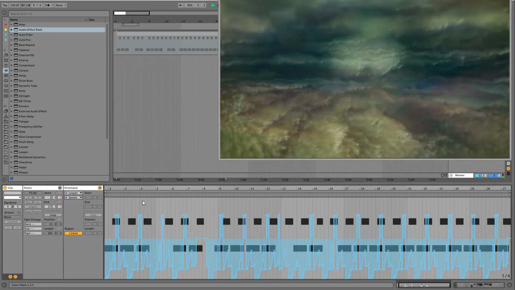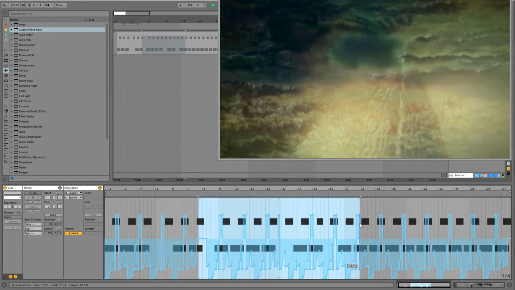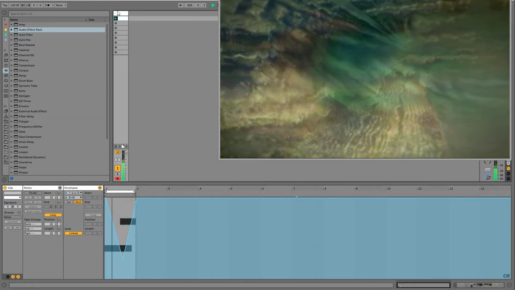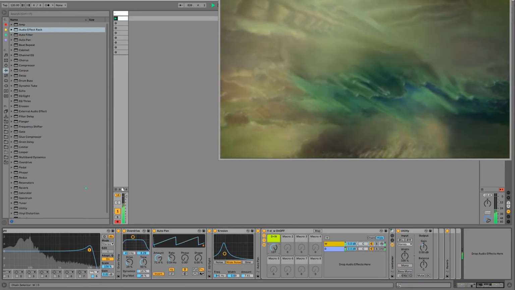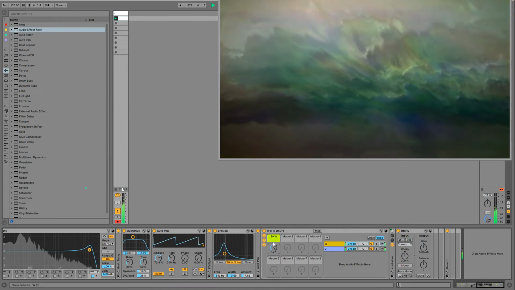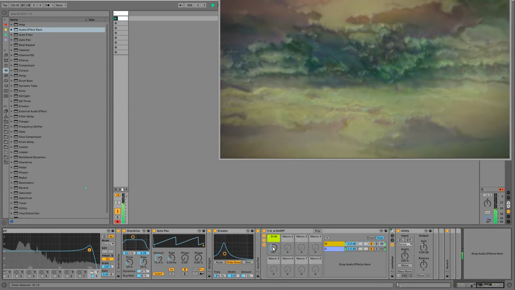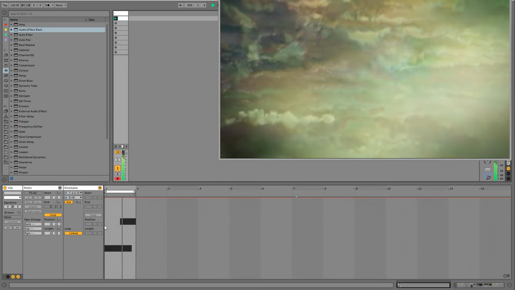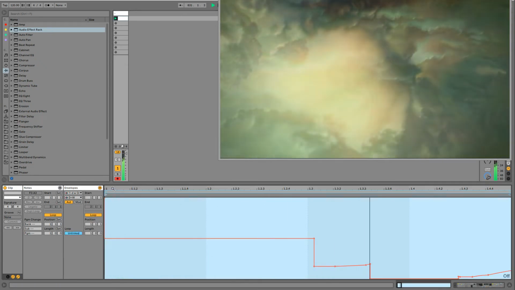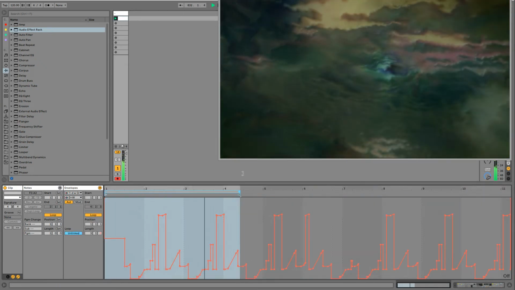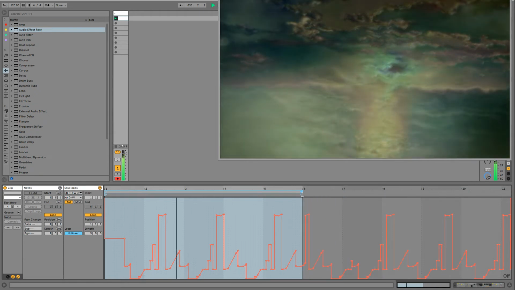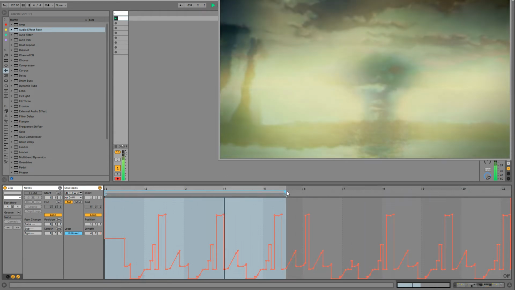And you can see where all of our little patterns got chopped up. So I'm going to copy some of that. I've got this here, this knob is modulated, and I'm going to add an automation to that.